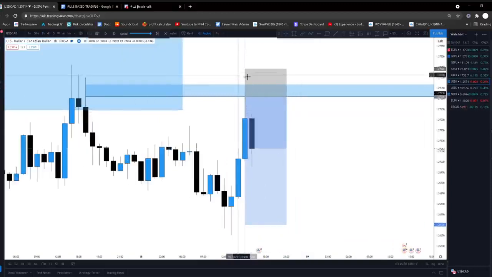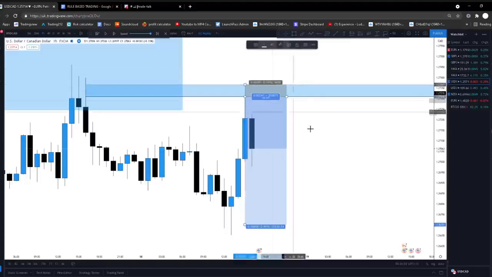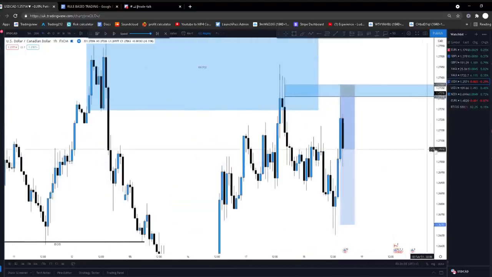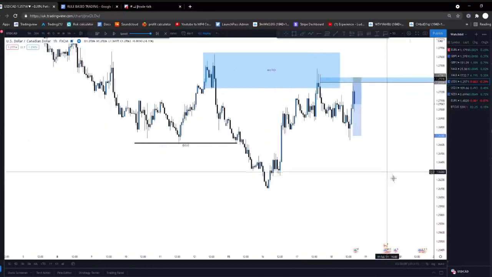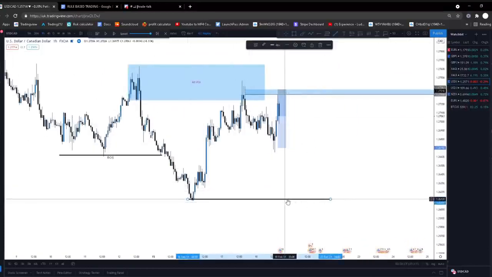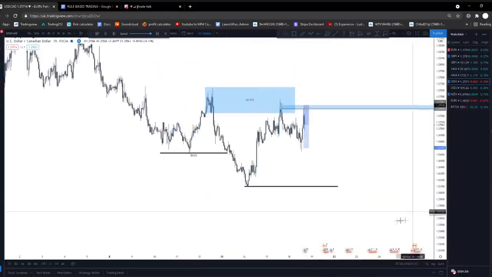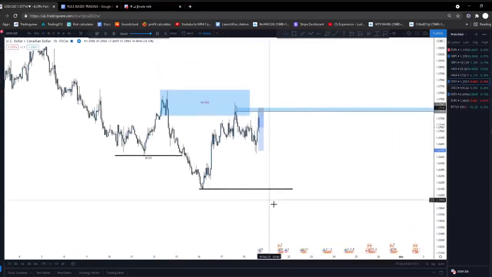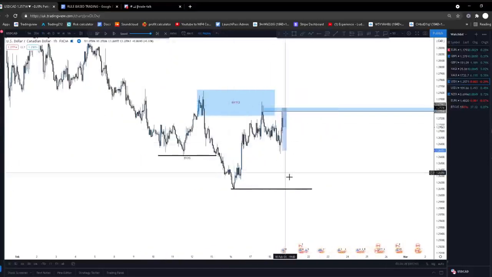Be patient. Then your stop loss can just go above that 1 minute POI, and simple as that, you've got yourself a perfect setup. Then your targets can go wherever you like. Maybe down here, if you like. You can even target for it to break structure, because remember, we're looking at our higher time frames. We're noticing that it is bearish. We want it to continue going bearish, right?